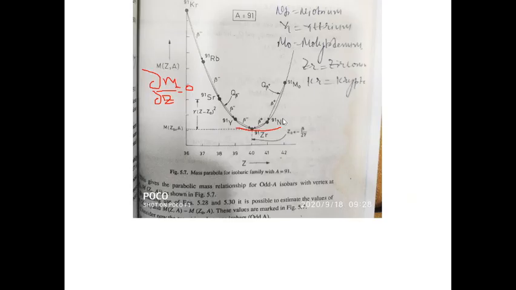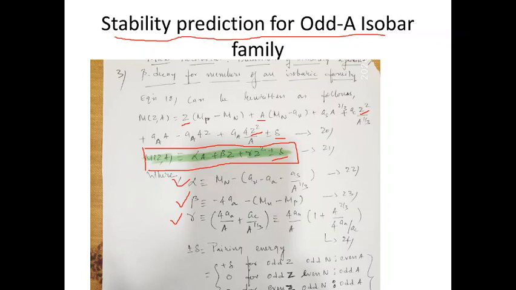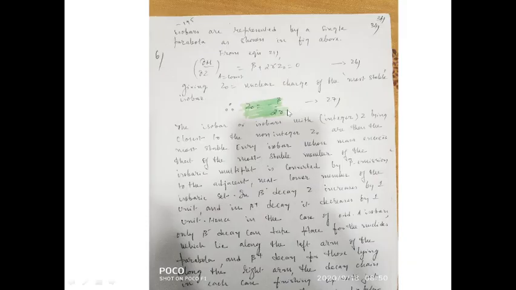Now you'll ask me, how do I get it? It's very easy. You guys can easily do that. You differentiate this. Differentiation of m with respect to z: this is a constant, so this is gone. Differentiation of the second term will be beta. Differentiation of the third term will be 2 gamma z. So the only thing I'm doing is instead of z, I'm writing z0. Now here you get an expression for z0 as minus beta upon 2 gamma.